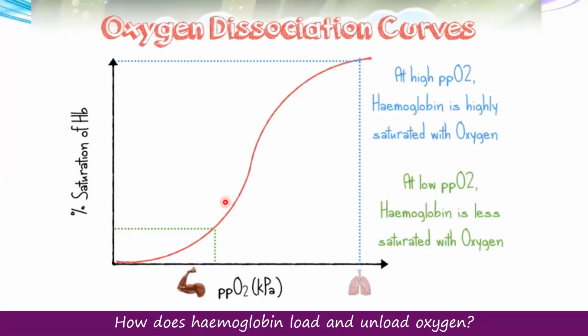If you look at this curve, it is actually a sigmoid curve. It does not have a direct relationship, because when we talk about a direct relationship, you have a straight line. It is not directly proportional. It is this sigmoid curve. It is not increasing at a direct pace. You can see it is a very slow and steady increase, and after some time you see this steep gradient. It is not that it suddenly rises with great speed. Very slowly and gradually, with little partial pressure, the saturation is very low, and then slowly and gradually it increases, and this is where you get this steep curve.